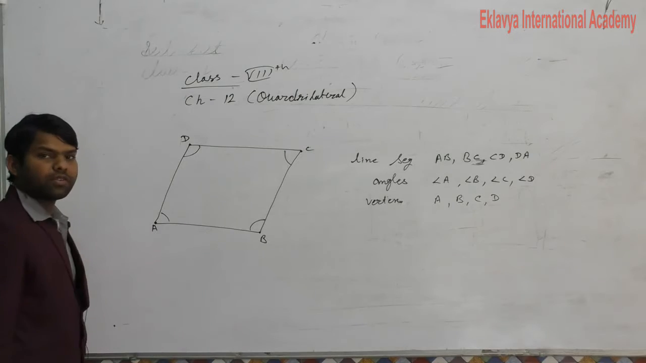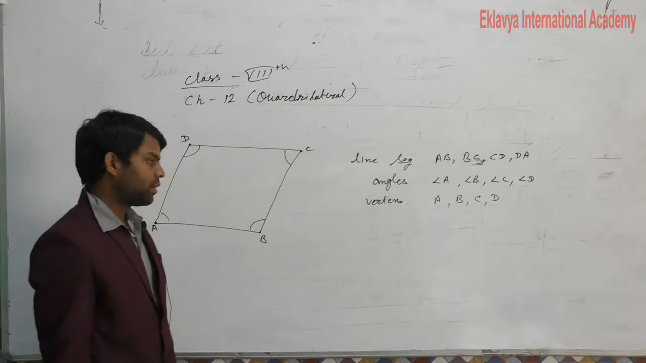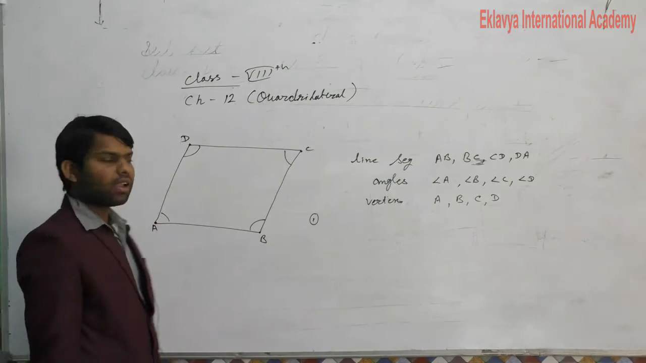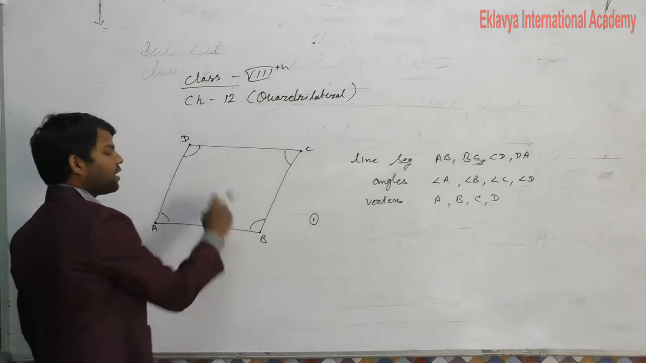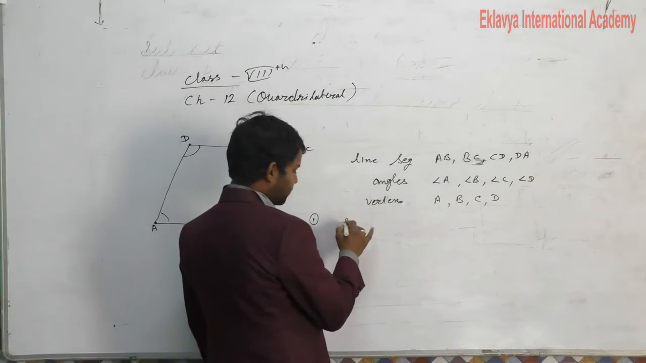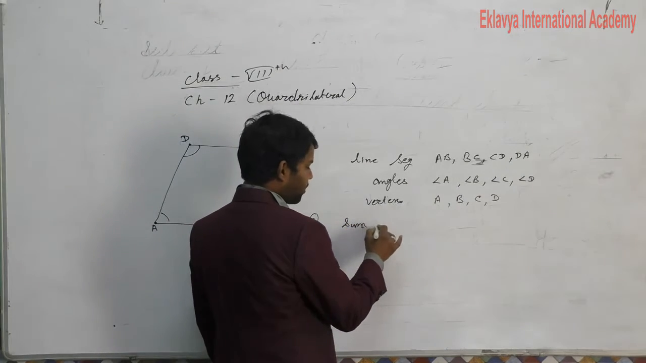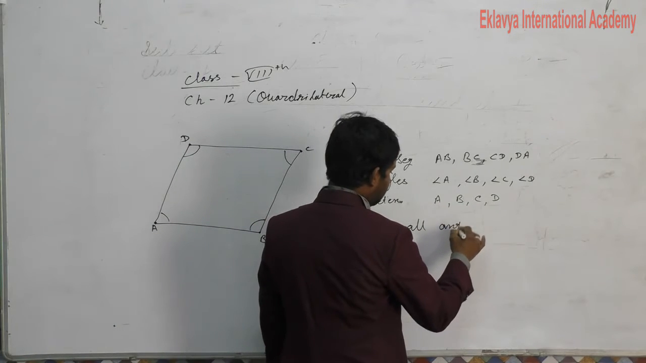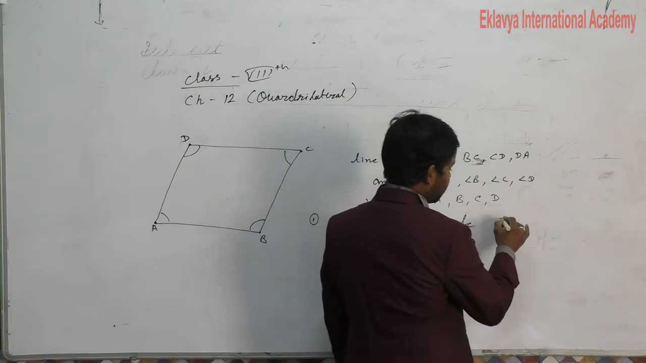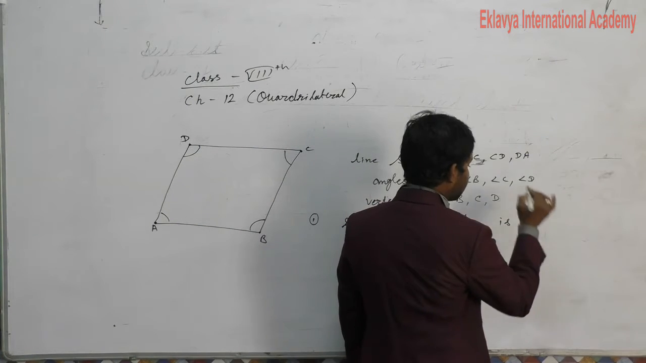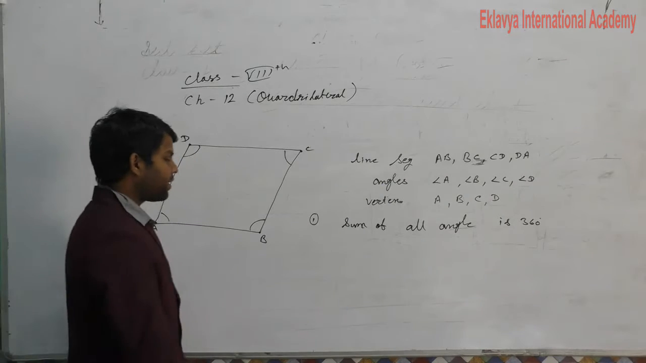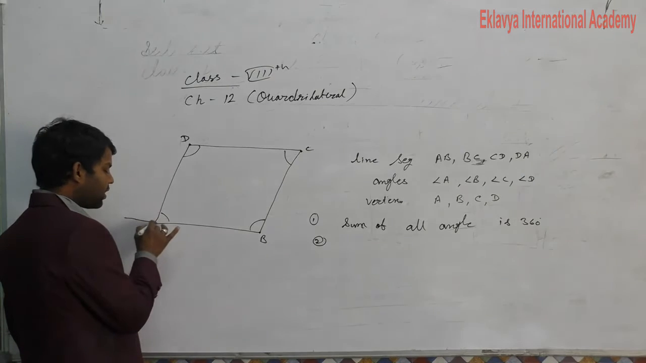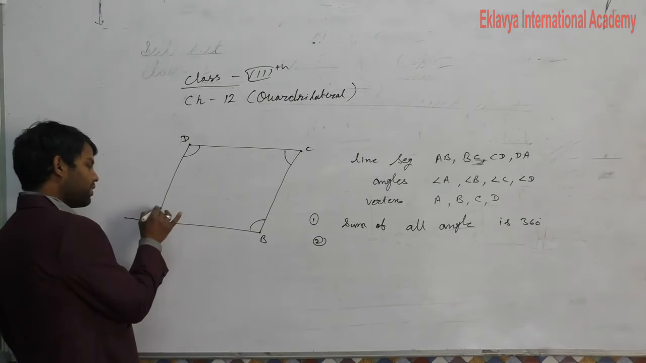Now some properties we also have in the quadrilateral. The first property of our quadrilateral is that the sum of all interior angles is 360 degrees. And the second property is that if we have an exterior angle, like the exterior angle of this one is this,